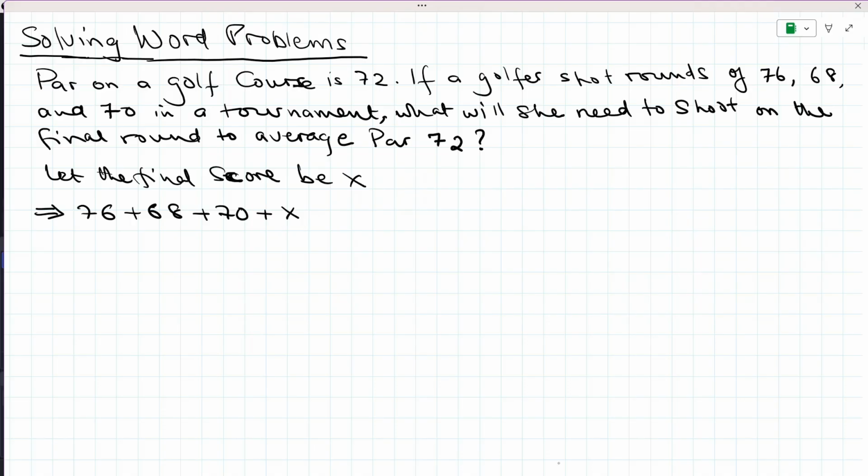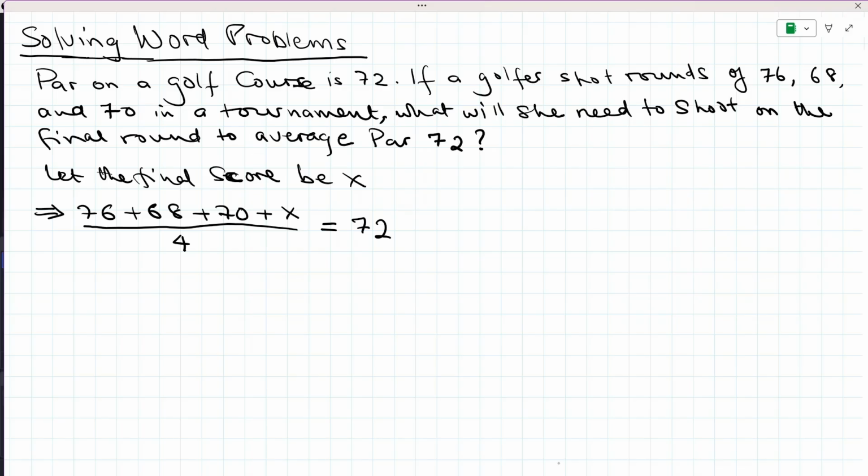And the question is, when this is averaged, that's if we divide the total by 4, we should get an average of 72 or an answer of 72. So that's now the equation that we have. And we can now move on to